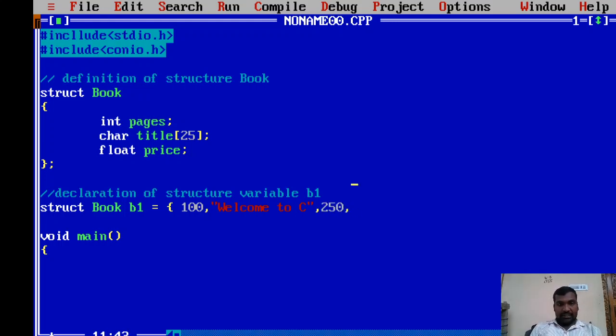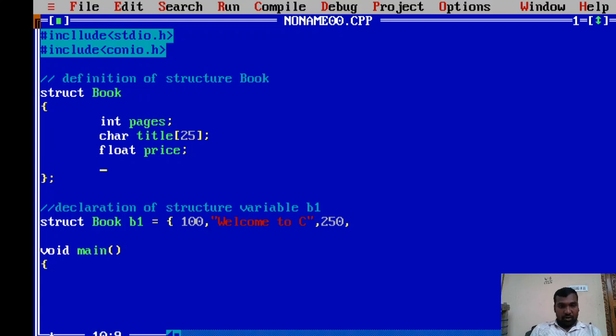Let us add one more field, author. Now our book is having 4 fields. Author name is Kumaraswamy. Okay, so now we have declared the structure variable and at the same time initialized it.